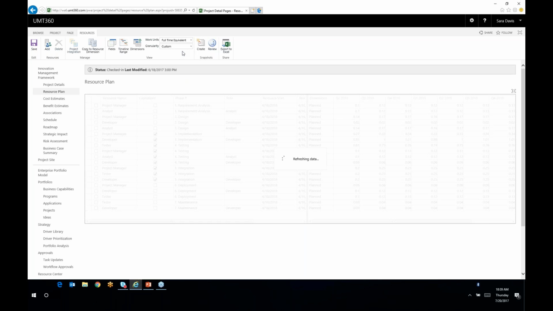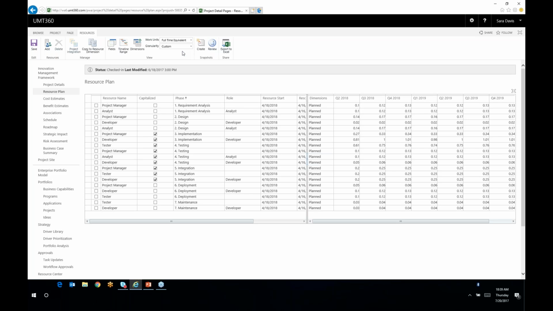monthly. One thing I didn't explain earlier was custom granularities. Custom granularities are cool, and this applies to cost and benefit as well, where I can do rolling wave, where I can say the current year we want to estimate in monthly, and the out years, the next 2 out years quarterly, and then beyond in years. So here we're seeing a couple of out years in quarter, and then we move into yearly in 2020. So establishing that rolling wave custom granularity to capture information in different granularities through the life of the project is key. So I can come in here and capture information in any granularity and also in full-time equivalents, hours and